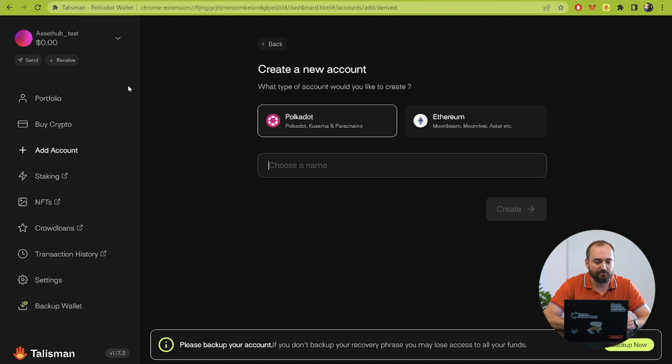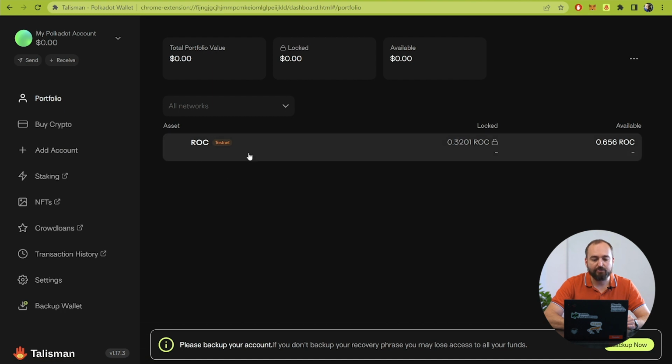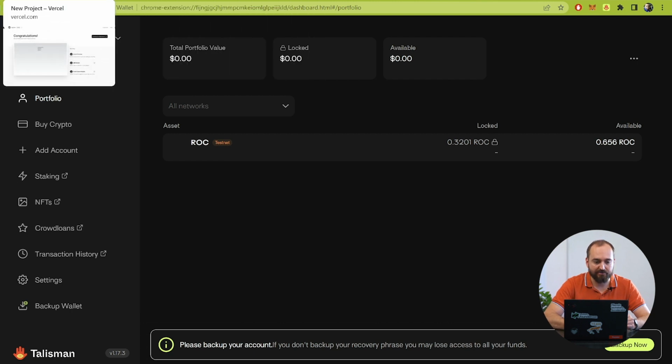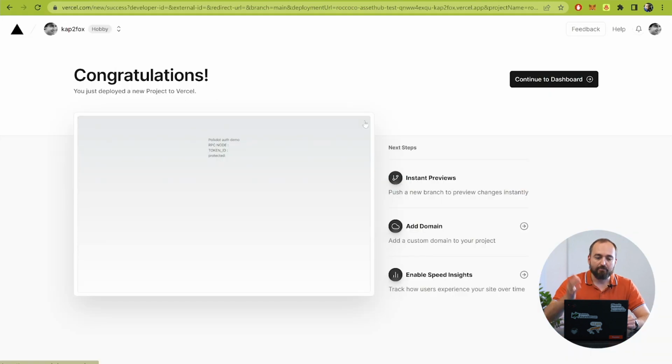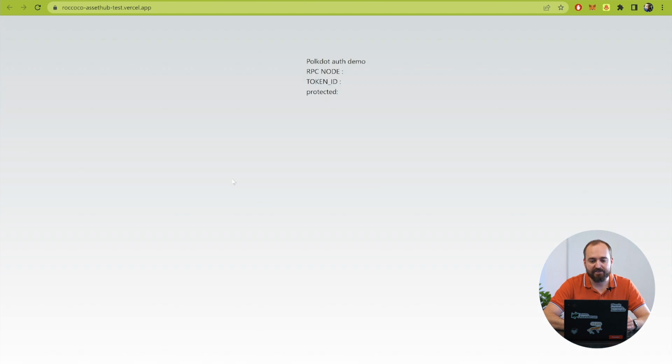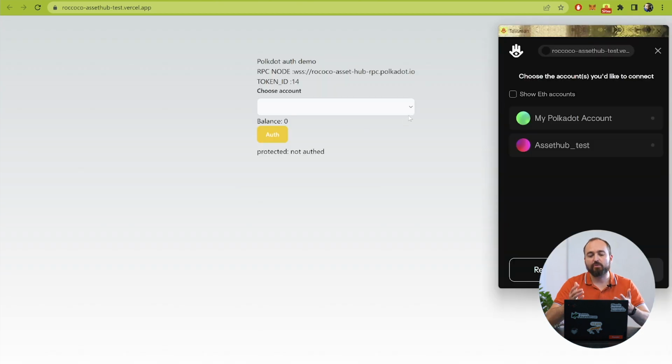You just need to specify the name. I already did it. I have the account with the Rococo test tokens and the empty account for the demonstration. Jump back to our virtual machine, press on the screen, and here we have